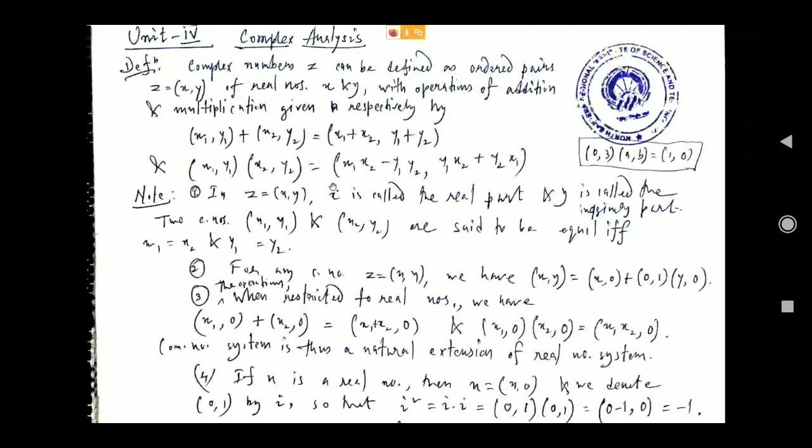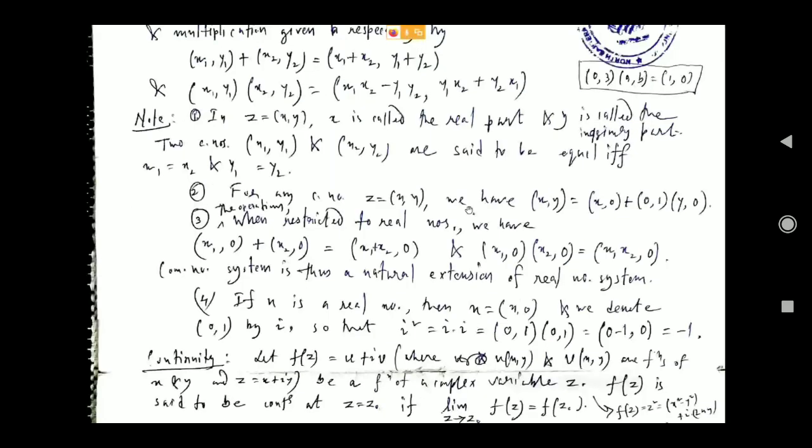Notes are there. In (x, y), x is called the real part, y is called the imaginary part. And two complex numbers are equal if and only if their corresponding real and imaginary parts are equal. Then for any complex number z equal to (x, y), we can always write it in this form: (x, y) can be written as (x, 0), one complex number, plus (0, 1) times (y, 0). This way we can do the calculation according to complex addition and complex multiplication, and you see that this will be